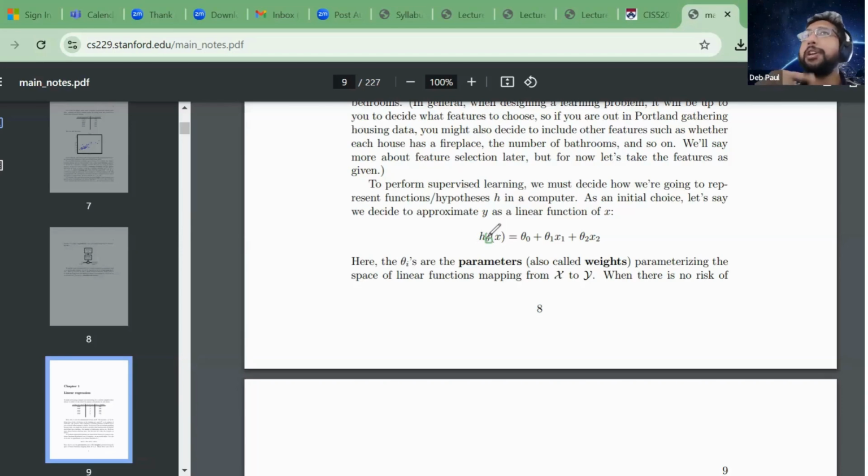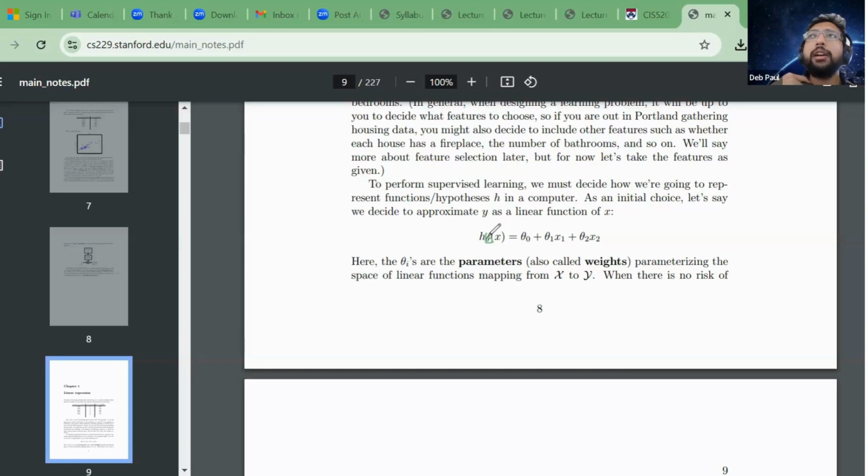We'll come to another setting where this is not a parameter and this is something else, and there we have very different assumptions. So in machine learning there are two ways of modeling a problem. All of you might have heard of generative AI, right? The whole term generative comes from a very classical principle in machine learning, which is called generative models. There are two kinds of models: one is called the generative model and another is called a discriminative model.